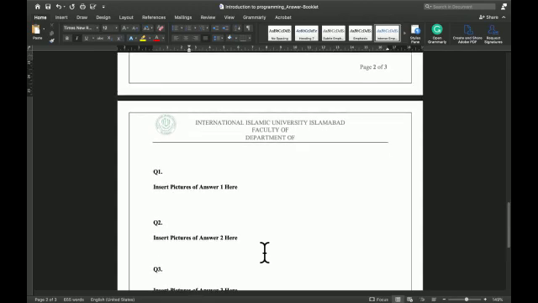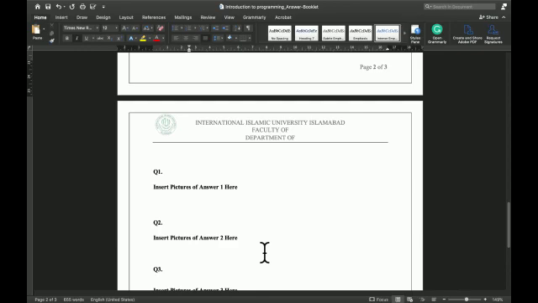Okay, so an important step here is that, first of all, you have to make sure that you have CamScanner downloaded on your mobile, or any other mobile app if you want to use one, but you have to make sure that your pictures are very clear and readable to your teacher.